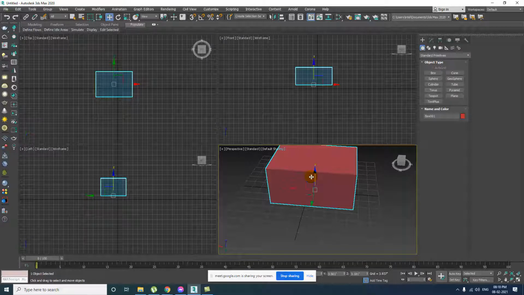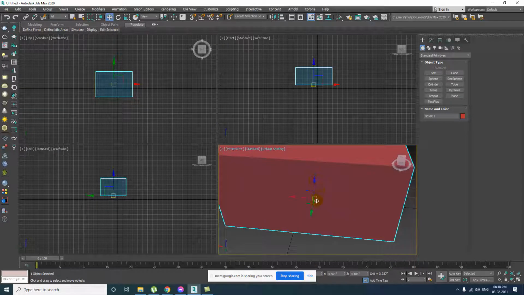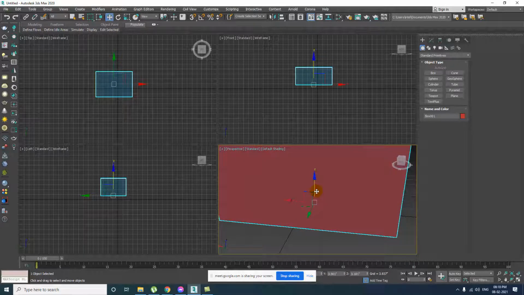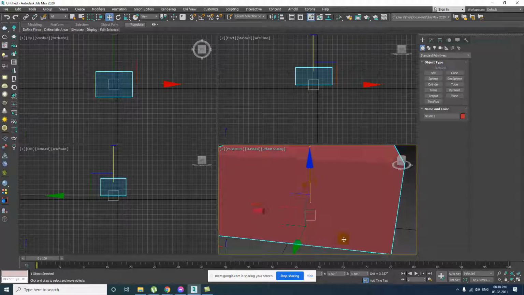Can you see my screen? I'm going to zoom in a bit and increase it a little. See, I will click outside and then click on the object. I'm just moving my mouse over the different axes, and each one gets highlighted in yellow. That means that particular axis has been activated. I just have to move my mouse and that particular axis will be activated.